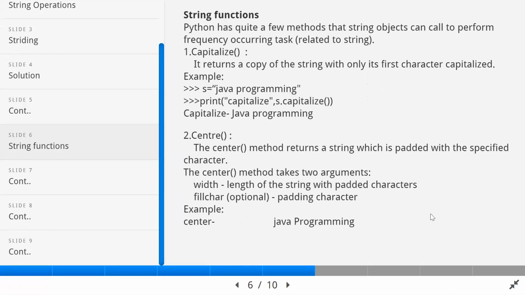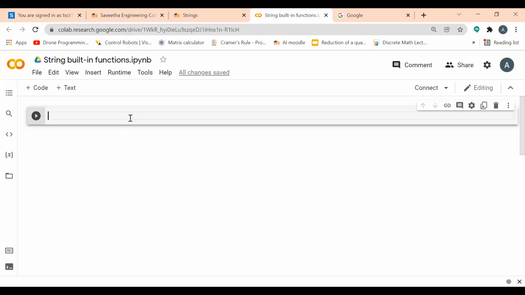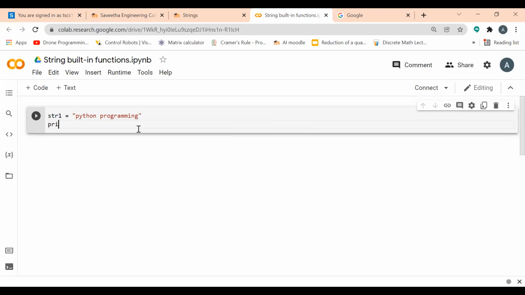Next are string functions. There are so many built-in functions, I'll just take a few. I'm writing the string as Python programming. If you want to find the length of the string, I'll just give len of str1.